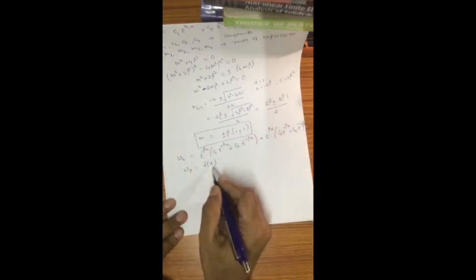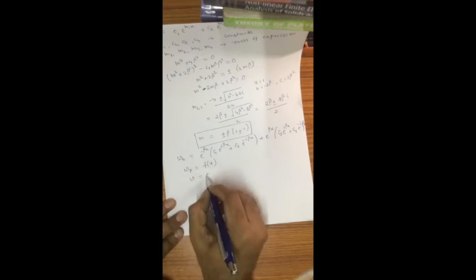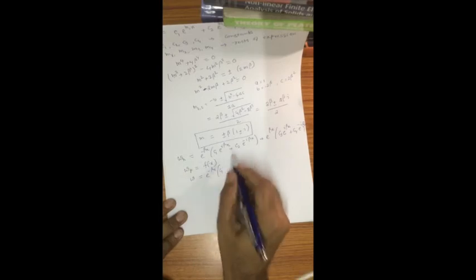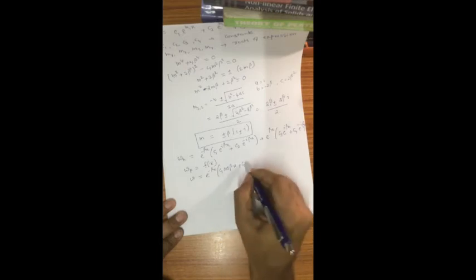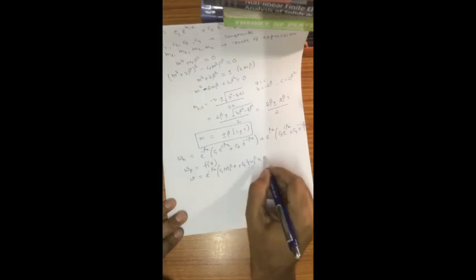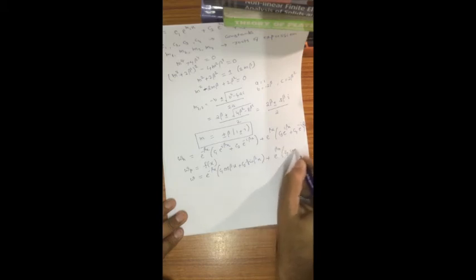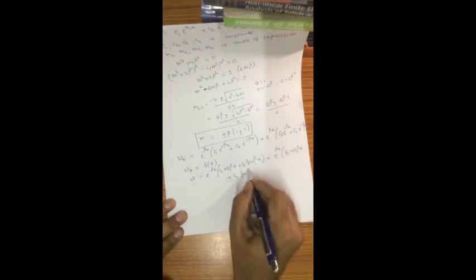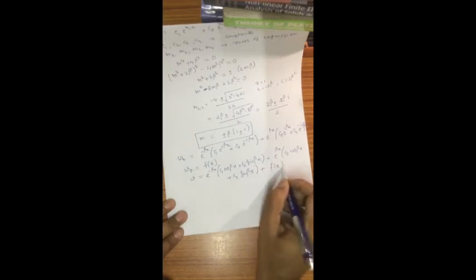using the membrane theory. Okay, so now we have the final W, which is equal to WH plus WP. I am just writing it as e to the power minus beta x C1 cos beta x plus C2 sin beta x plus e to the power beta x C3 cos beta x plus C4 sin beta x, plus f of x, that is a particular integral solution.